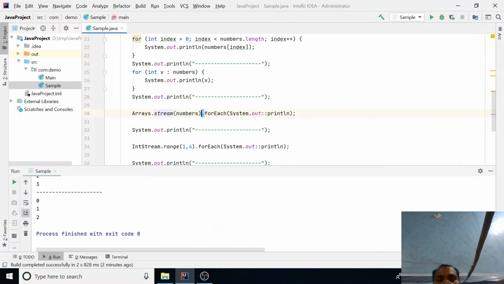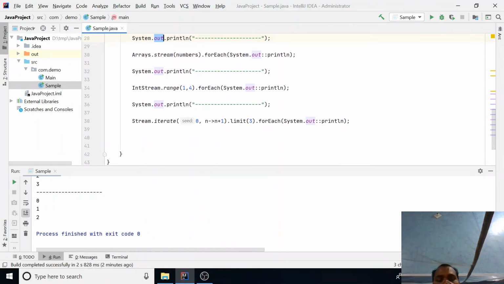Now we have retrieved the stream of numbers, and from this stream forEach is a function which takes one element of the stream. From the stream of your numbers, one number goes to this function and is printed, then the second number goes, then the third number goes. In this way all the elements are printed.